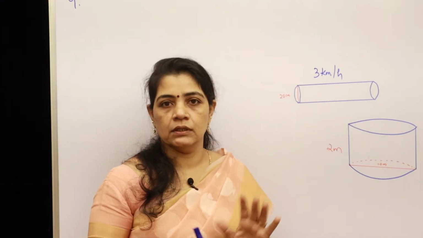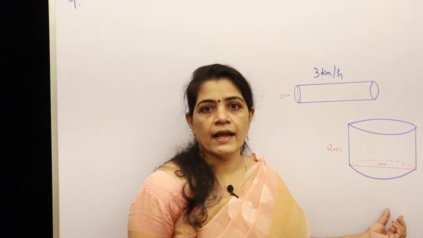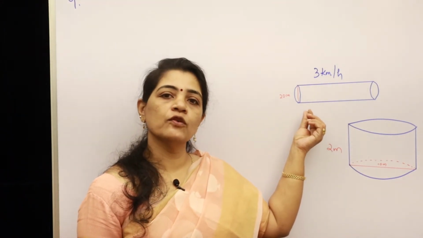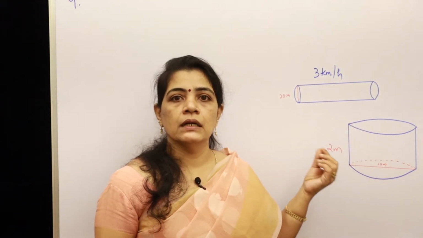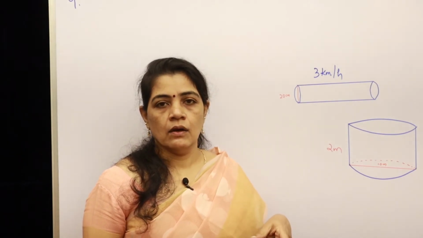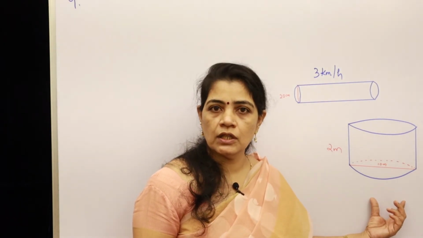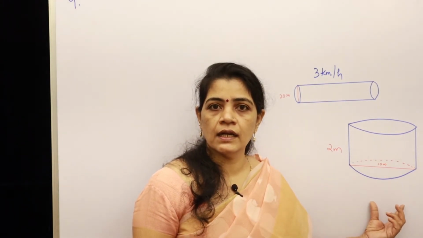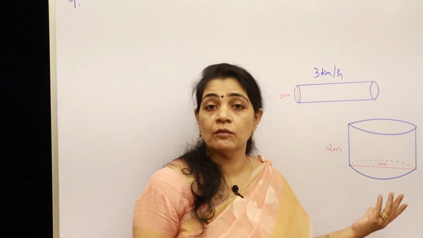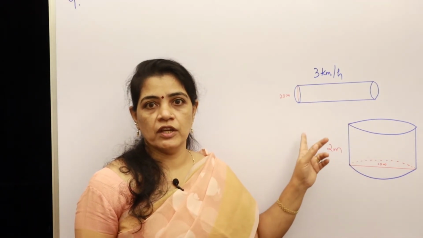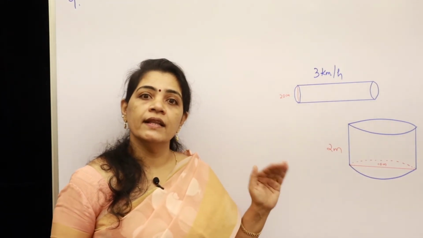Suppose, for example, the capacity of the tank is 100 liters and the volume of water flowing through the pipe is 10 liters per hour. What is the time taken to fill the tank? The total capacity of the bigger container, that is the tank, 100 liters, divided by 10 liters. You should get the time taken. The same way, you should know the volumes of both shapes, both cylinders, the pipe also being taken as the shape of a cylinder.